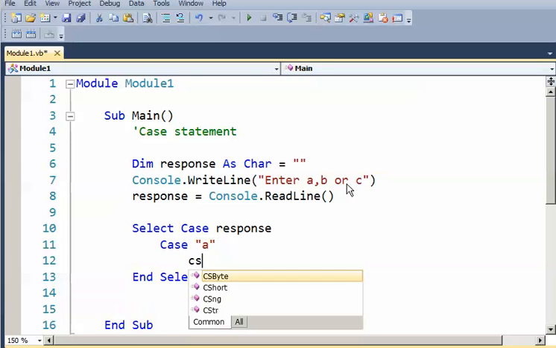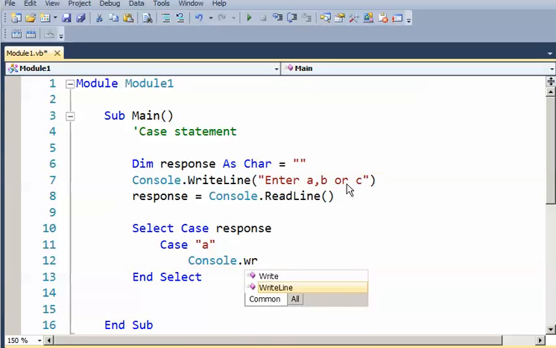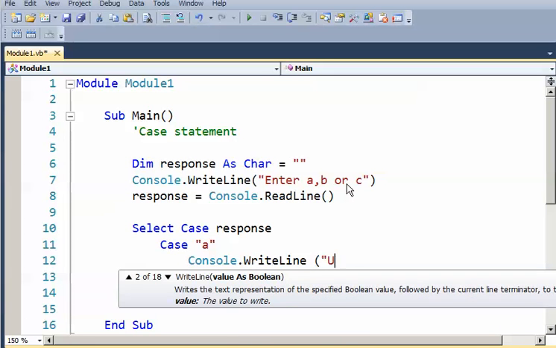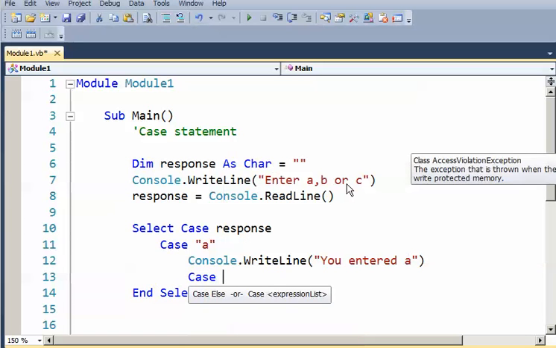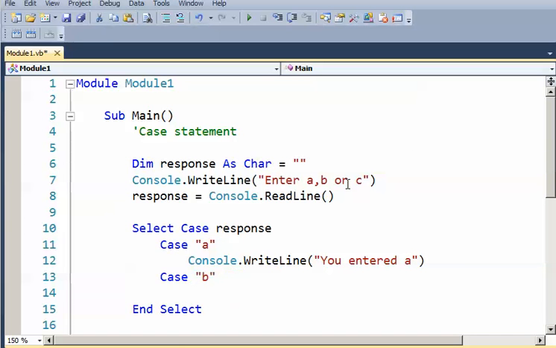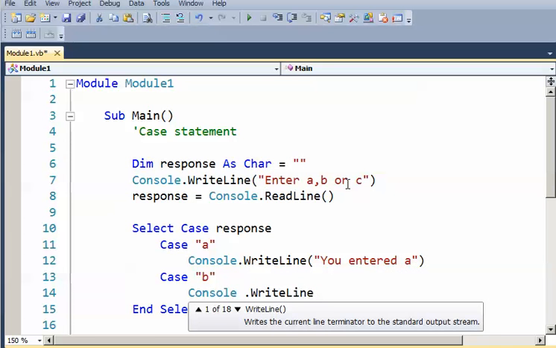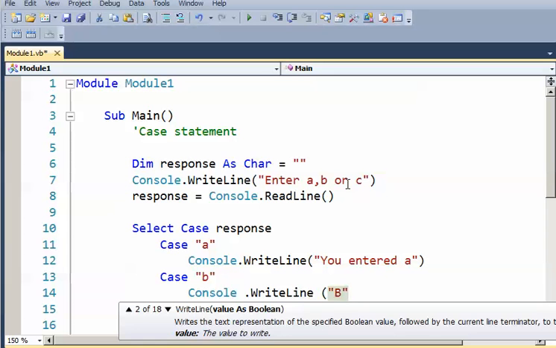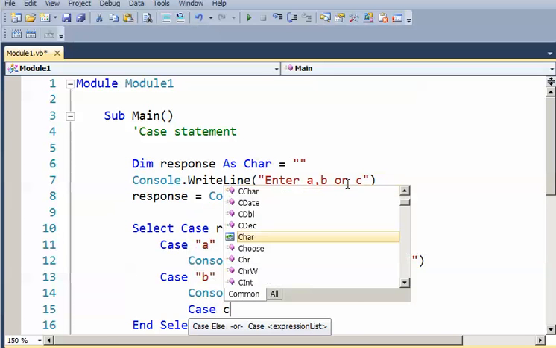So if it equals A, we're going to say Console.WriteLine, "You entered A," and if the case equals B, I use the double quotes as a character, Console.WriteLine, let's just be brief here, B, and if the case equals C,